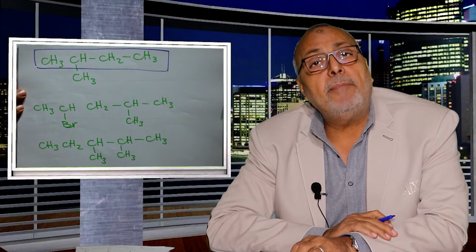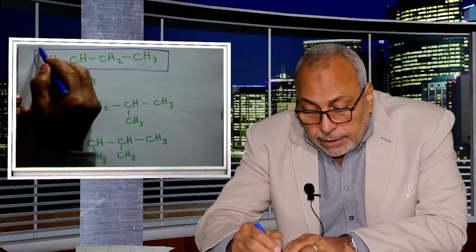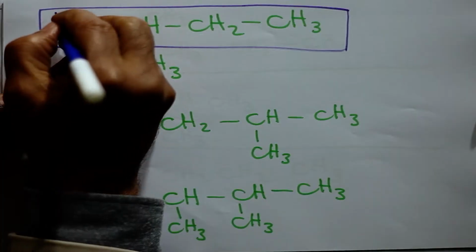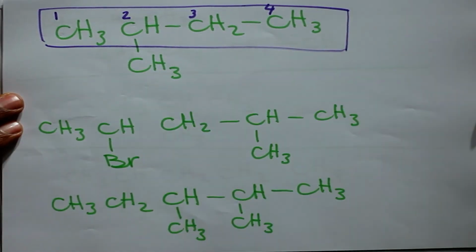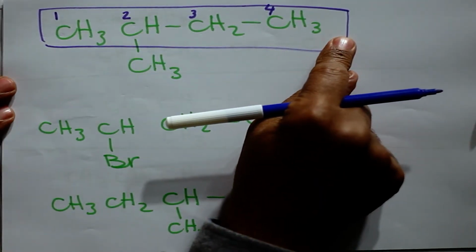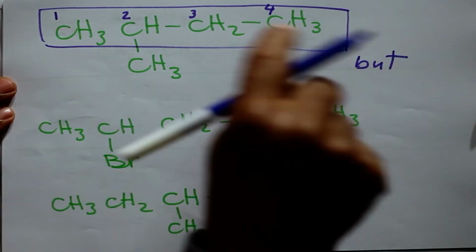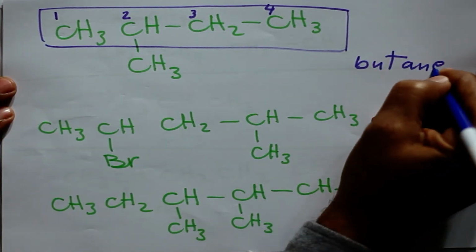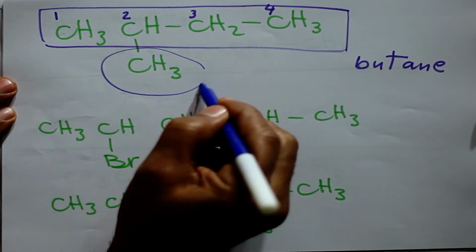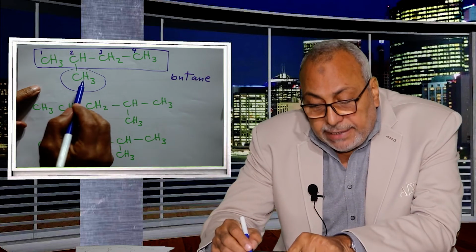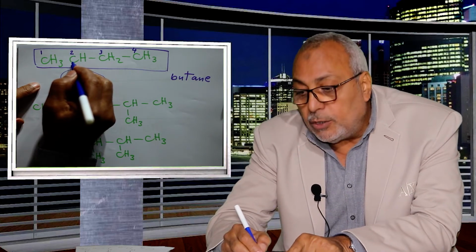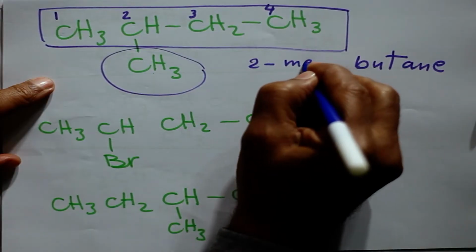Number the carbon atoms using a pencil. Draw the square and number the carbon atoms 1, 2, 3, 4, and all bonds are single, so it is saturated. We have a branch, CH3, methyl. The methyl is attached to carbon number 2, so 2 methyl